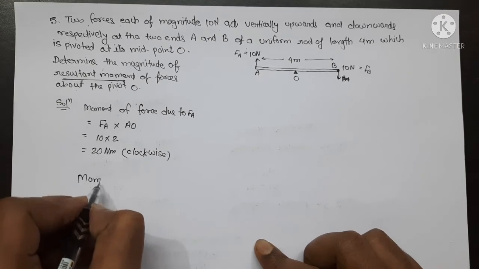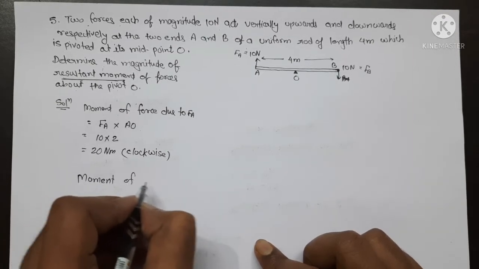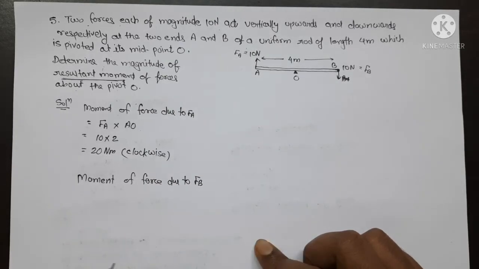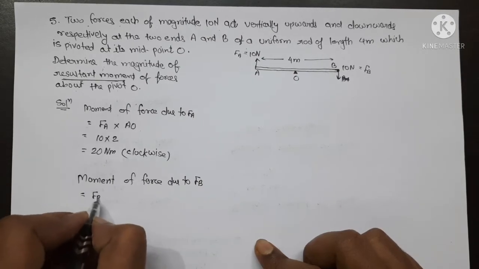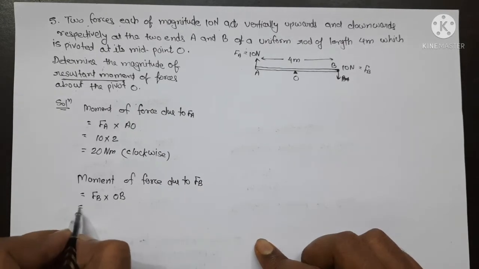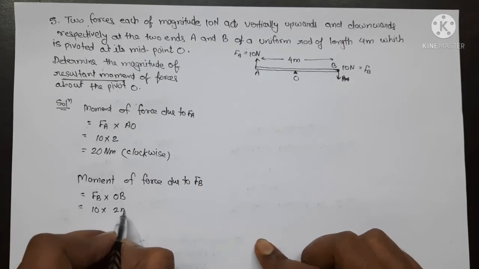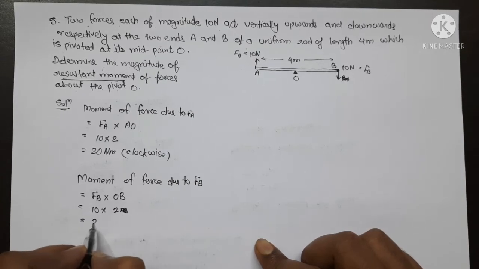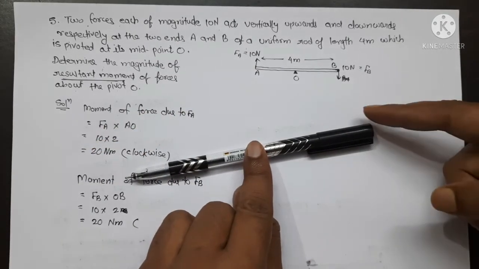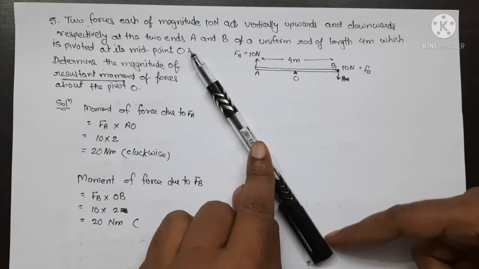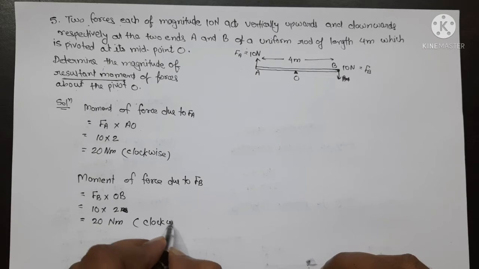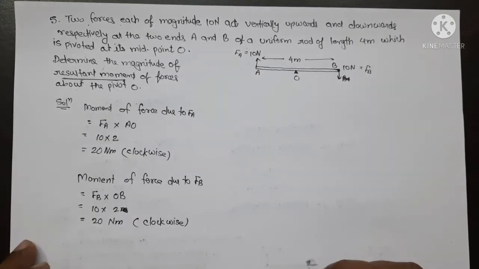Now second is the moment of a force due to the second force, that is FB, at B. So the magnitude of the force into the perpendicular distance. Again it will be 2 meter, and that is OB in this case. So this is 10 Newton, OB is 2 meter. No need to write this unit. So this is 20 Newton meter. And it will definitely be, see, this is a pivoted point and the force is acting in the downward direction, so it will rotate like this. So this will be clockwise. So both are in clockwise direction.